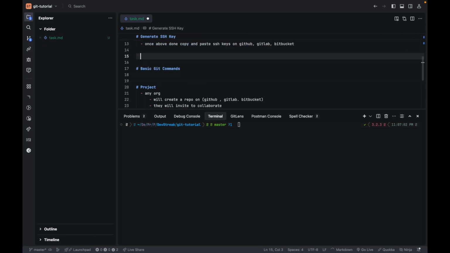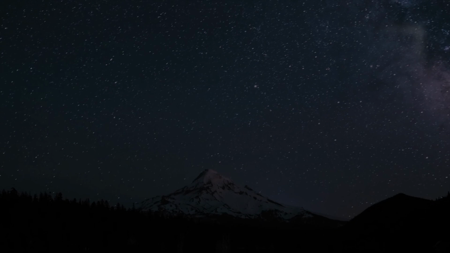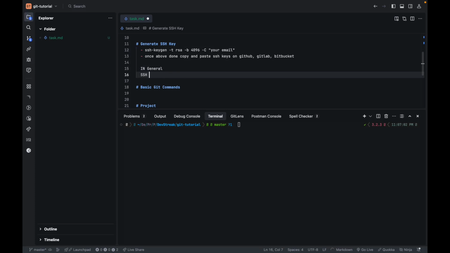So what happens now? In general, the SSH key will connect the local repo to the remote repo with SSH, so they can identify it. Okay. So now, okay,